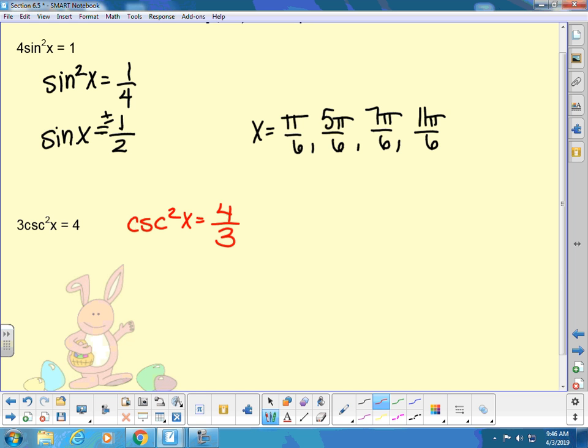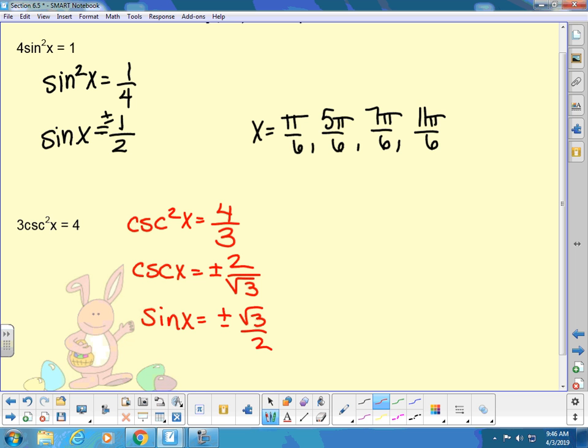Square root of 4 on top gives me 2. Square root of 3 on the bottom, I'll just leave it. Rad 3 plus or minus. And you can rationalize here, but I wouldn't, because next step is we're going to flip it anyway and make it a sine. So sine equals plus or minus rad 3 over 2, and now that's what you're looking for on